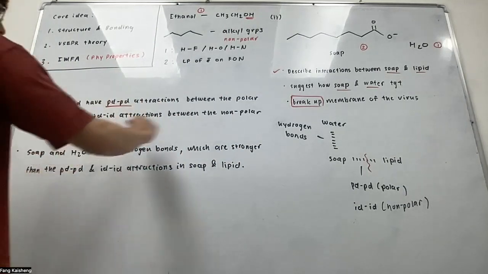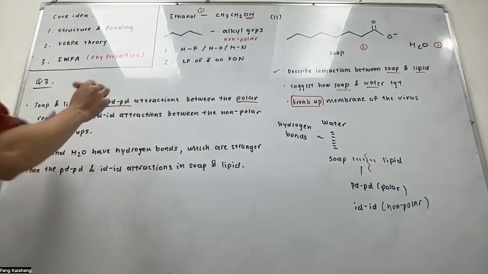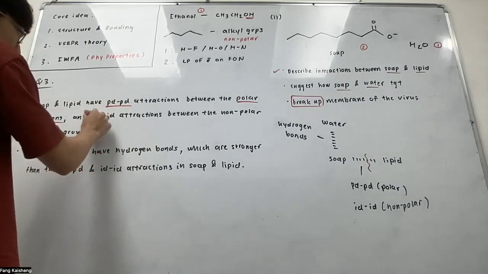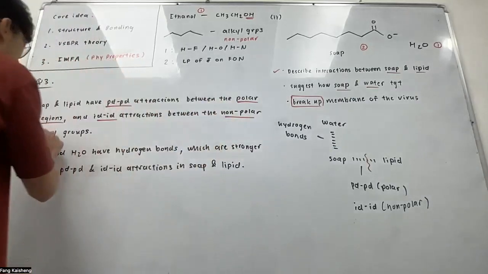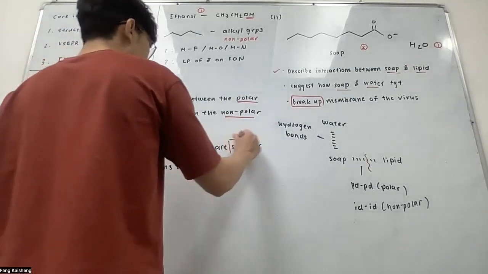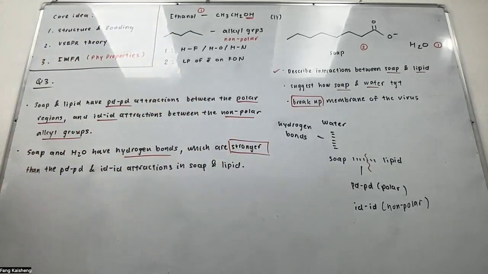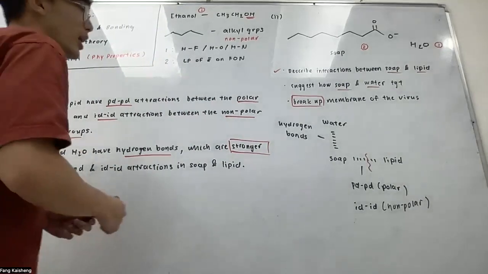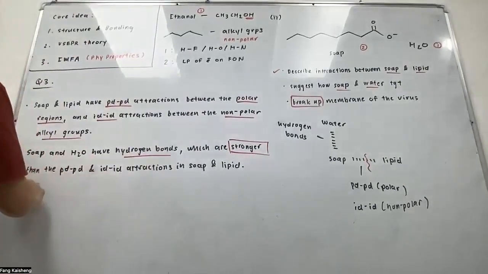Okay, PD is for the polar regions. You don't really need to specify the oxygen. Just need knowledge. ID non-polar alkyl groups. And soap and water have hydrogen bonds which are stronger. So you compare strength. And then now we answer the third point. How do you break apart the membrane? Thus,